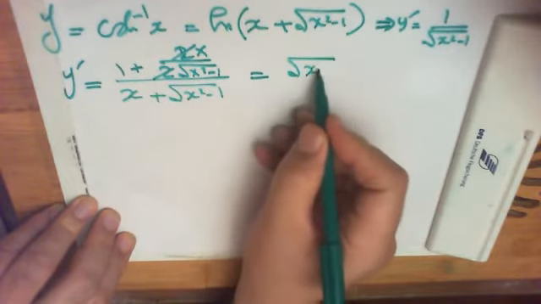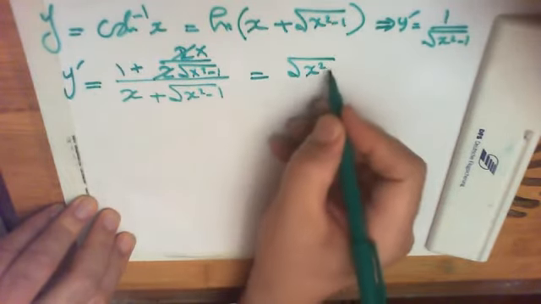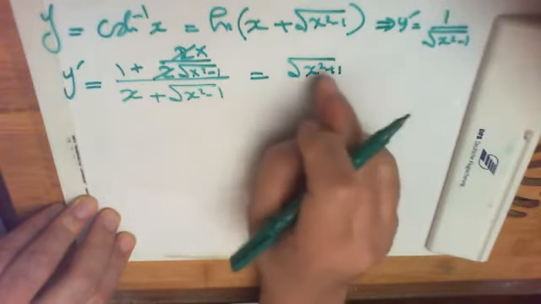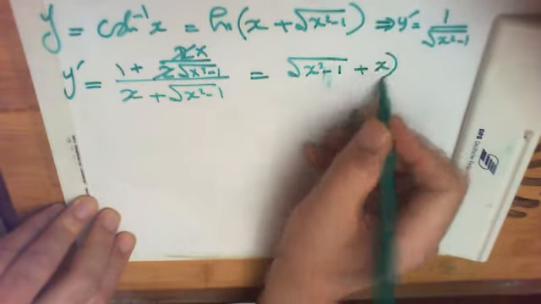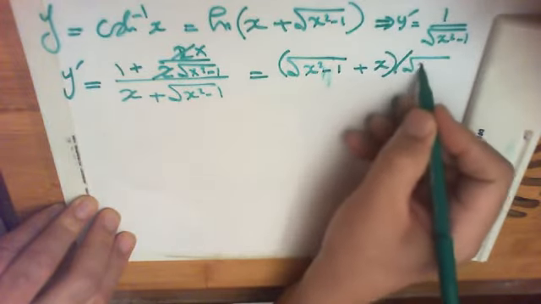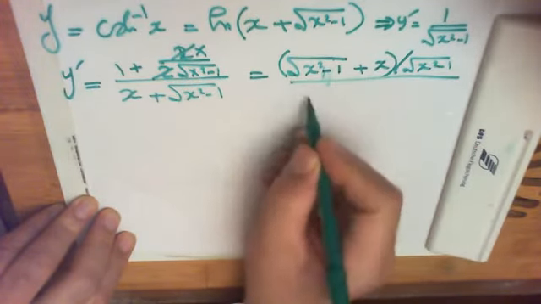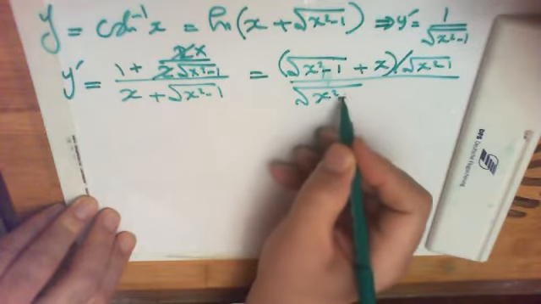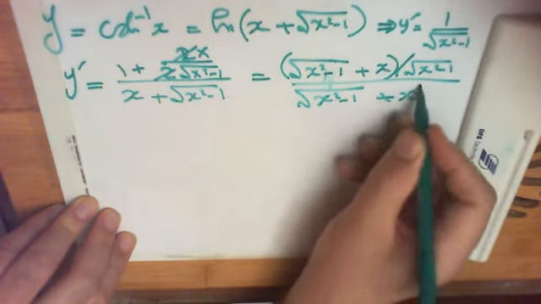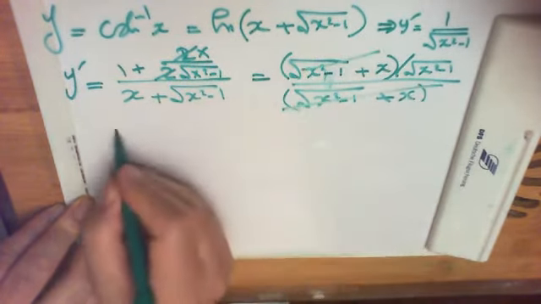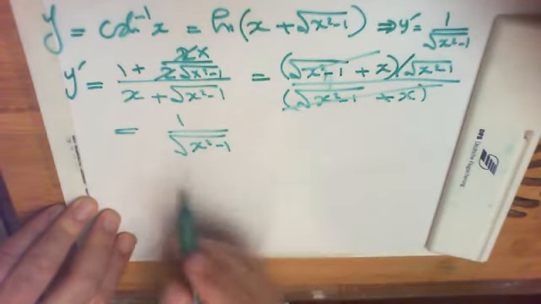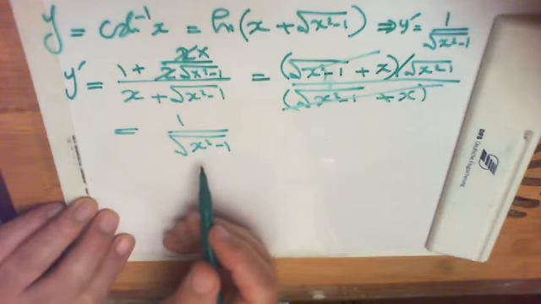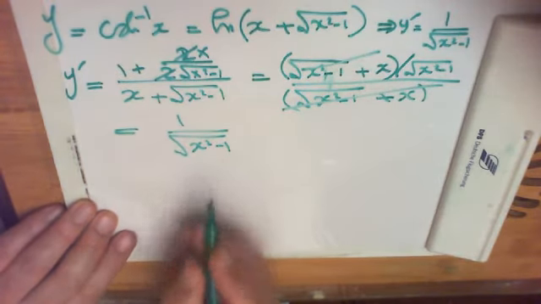This is root x squared minus 1 plus x divided by the square root of x squared minus 1, all divided by root x squared minus 1 plus x. Simplify this with this, and you obtain finally 1 over root x squared minus 1, which is the same derivative we have already obtained many days ago. Okay,